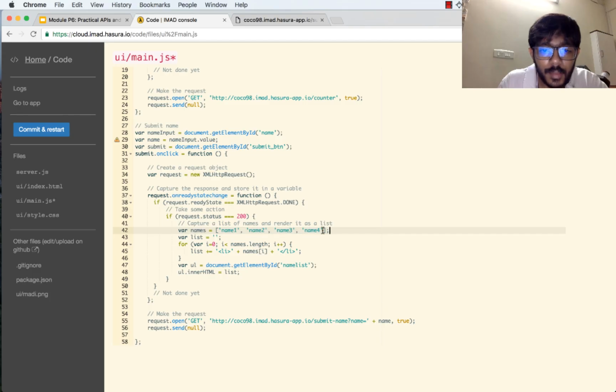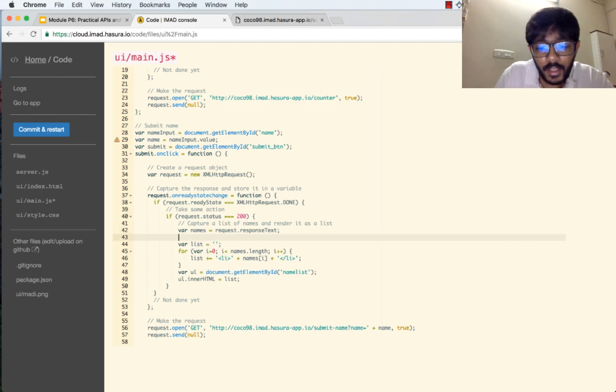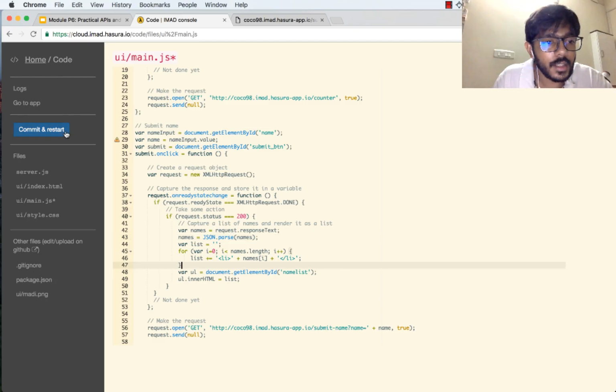So we'll get the list of names and we will render the list of names. So let's change this last bit here, which instead of hard coding these list of names, let's actually get that from the response. And so what we'll do is we'll say var names = request.responseText, right? But again, if you look at this names, it will actually be a string. It won't be a JavaScript array. So let's do the reverse of what we did on the server, and we'll do JSON.parse, not JSON.stringify. So we'll convert it from string back into an object, or in this case, an array, right? So we converted that into an array, and then our code should continue to work. So let's save this